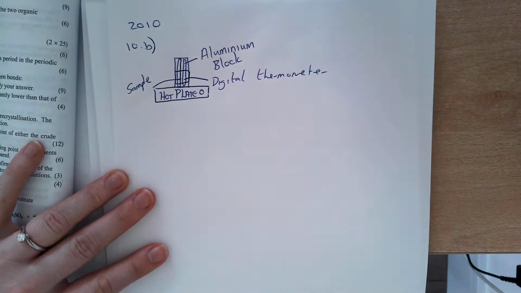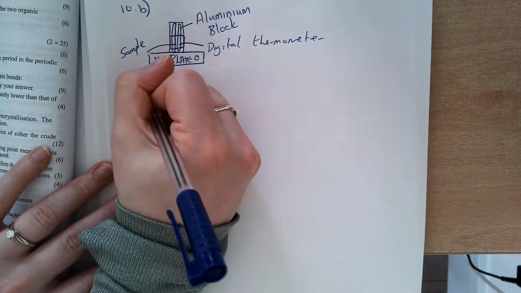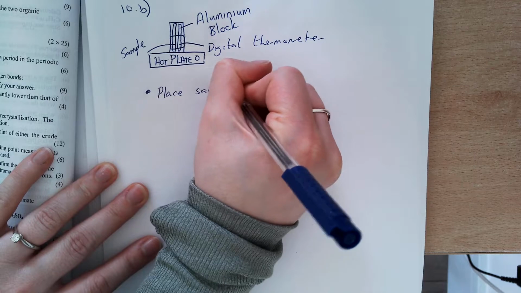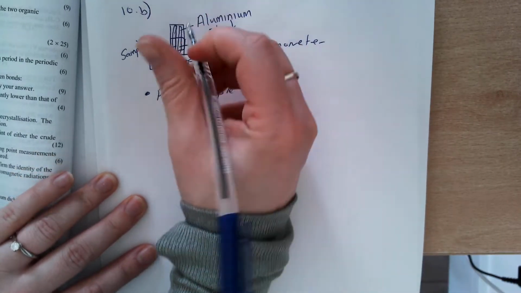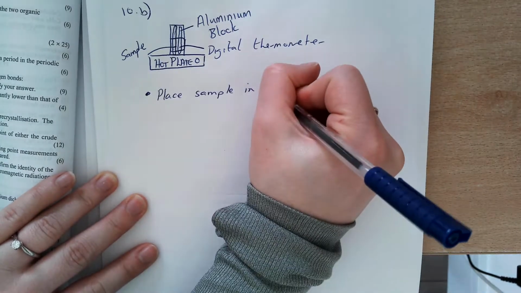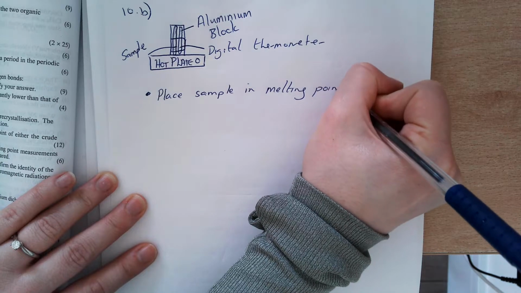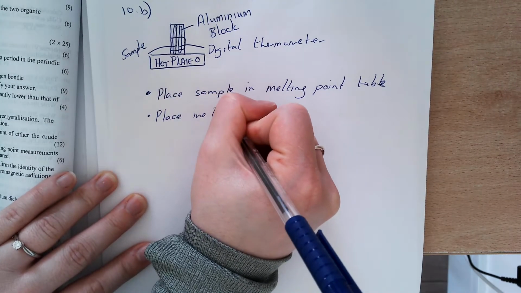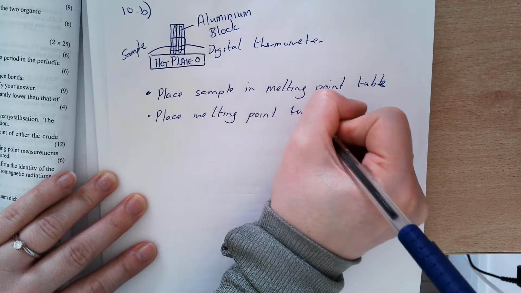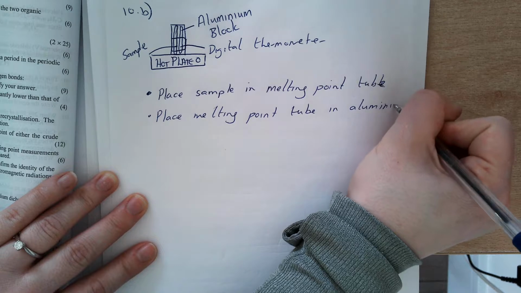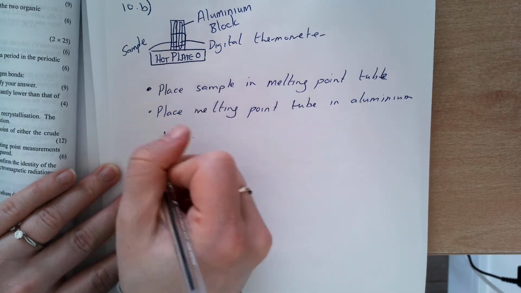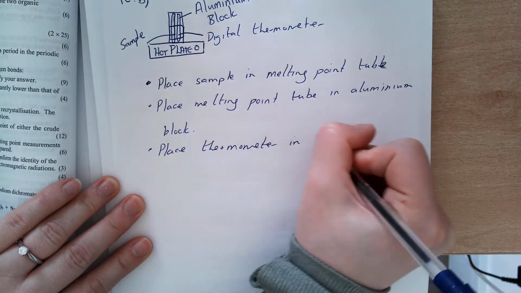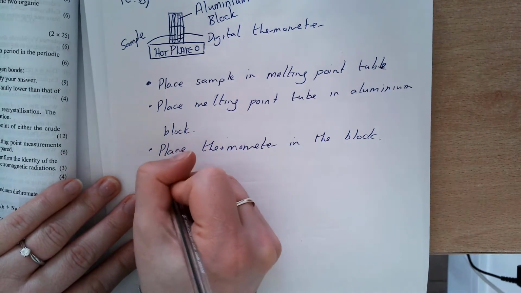So we are asked to describe with the aid of a labelled diagram, so I'm going to now describe. We place our benzoic acid, our sample, in this here, where my sample is called a melting point tube. We then place the melting point tube in the aluminium block. We then also place a thermometer in the block as well. We heat the block,